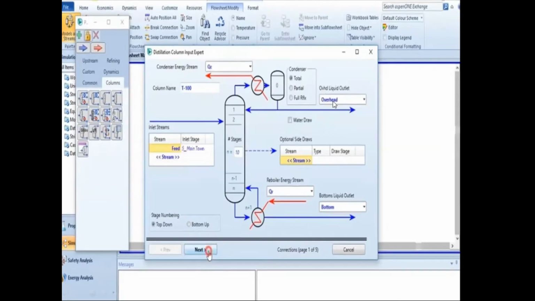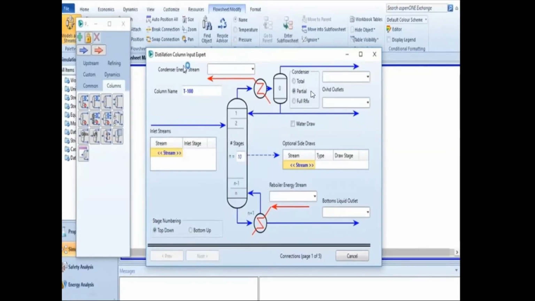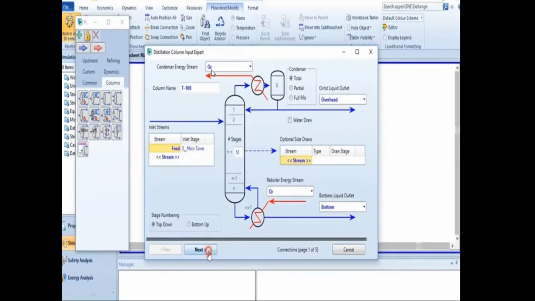You will have now only a single rectangle column. Give it overhead name because that is nothing but only distillate. There is no reflux liquid part. That's why there is only one rectangle, because 100% is your distillate. But in previous, in partial, there is some distillate and there is some reflux, that is nothing but liquid. That's why there are 2 columns, 2 rectangles. Okay, so after that, just give names QC, overhead, bottom, QR like this. After that, click over the next.